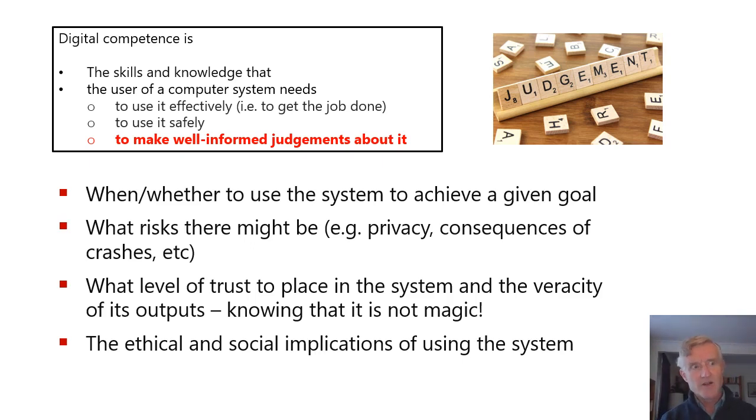Another question that's about making well-informed judgments is knowing what level of trust to place in the system. And I think we're probably all becoming quite familiar with stories about computer systems that are being used to make judgments, to decide whether to issue insurance to somebody or a passport, to make judgments about their life that then inform human beings and what they do. But those systems might be based on data that simply isn't true. They might be based on machine learning algorithms that have been given data that is biased towards one particular population, but then it's being used for another.